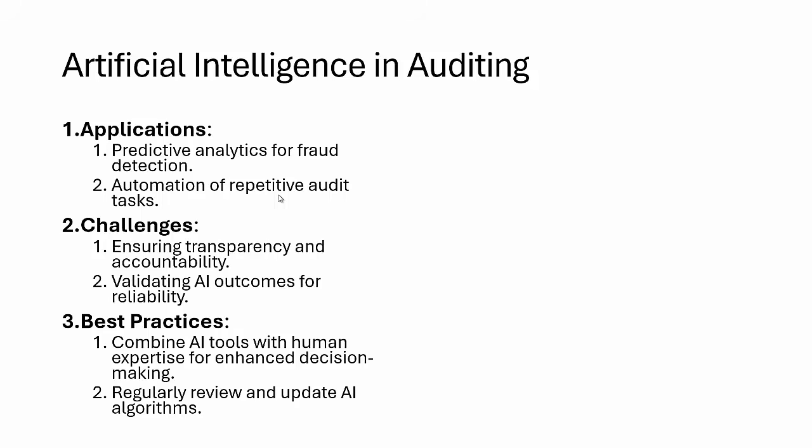But the biggest concern is transparency and accountability, because there's no proper transparency in how they're collecting the information and how they're analyzing the information. And someone has to take the accountability, right? Second, whatever they audit, whatever activity they're doing, we need to validate whether it's true or not, because sometimes AI, even ChatGPT, gives a wrong answer, right? So the best practice is to combine the AI tool with human expertise. Data will be collected by the AI tools. Okay. And then we can validate the data just to make sure we are on the same page.